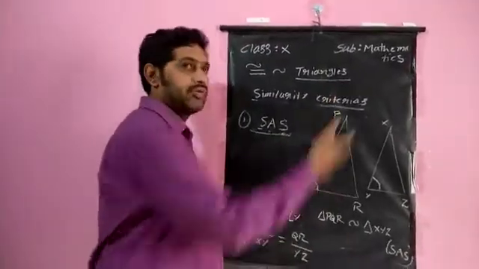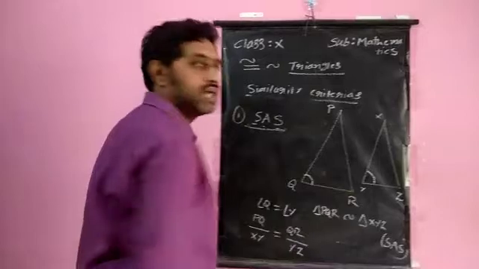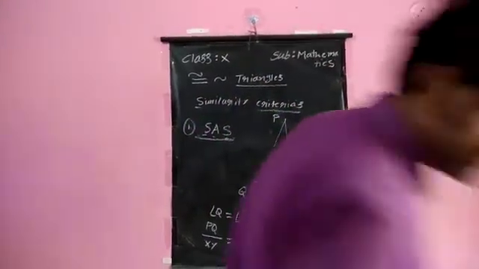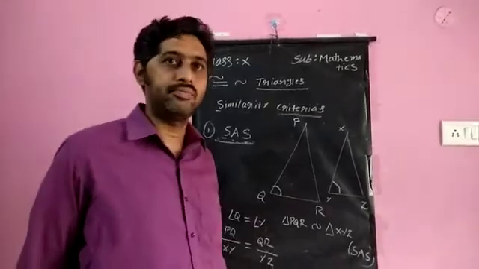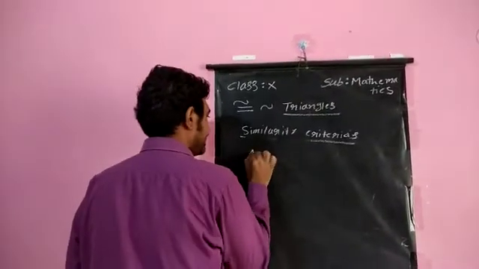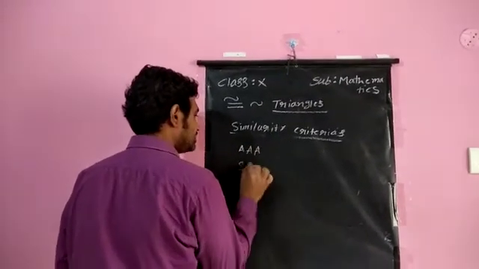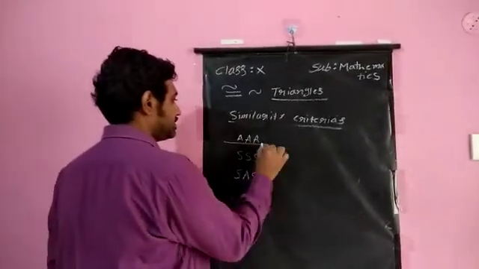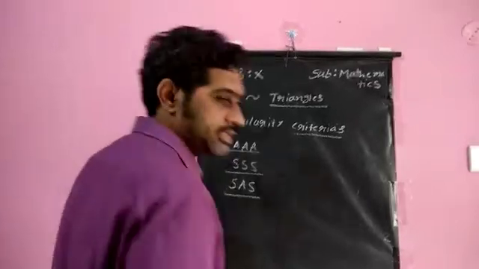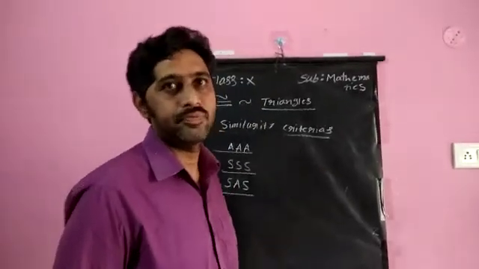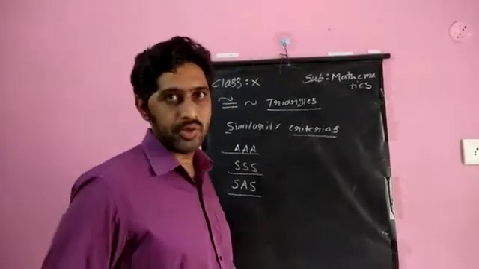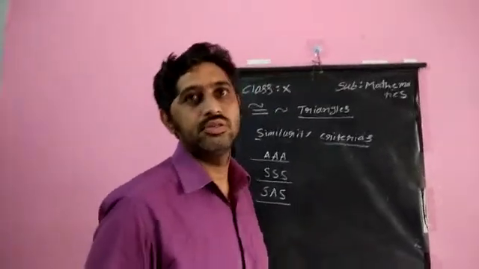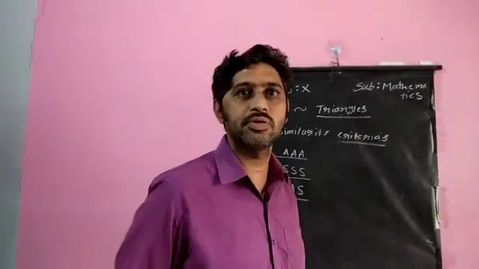One angle of one triangle is equal to the angle of the other triangle and the sides including those angles are proportional. Then also we can say that the two triangles are similar to each other. We have seen the different similarity criteria: angle angle angle, side side side similarity rule, side angle side similarity rule. These three, exercise 6.3 will be based on the similarity criteria, so you need to understand. For exam we have up to 6.2 only, but even this goes on, in the continuous classes we will be posting the videos. Maybe the syllabus will go on, but you stop your preparation up to exercise 6.2.